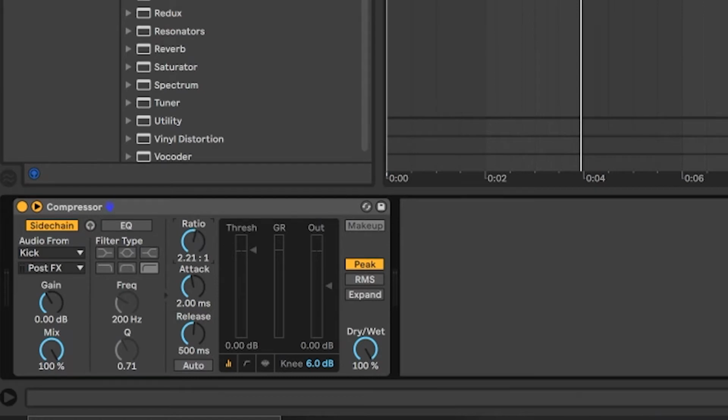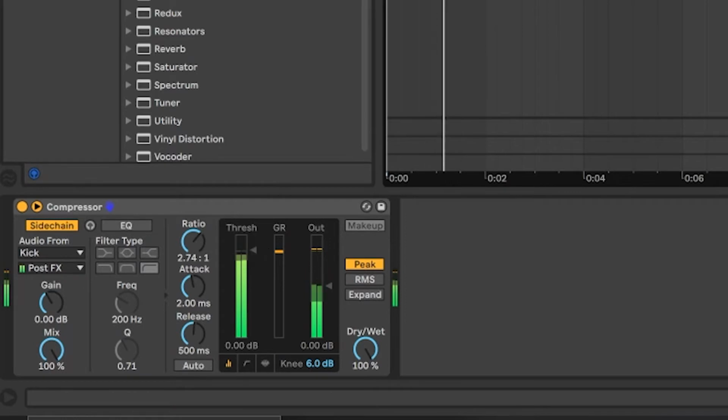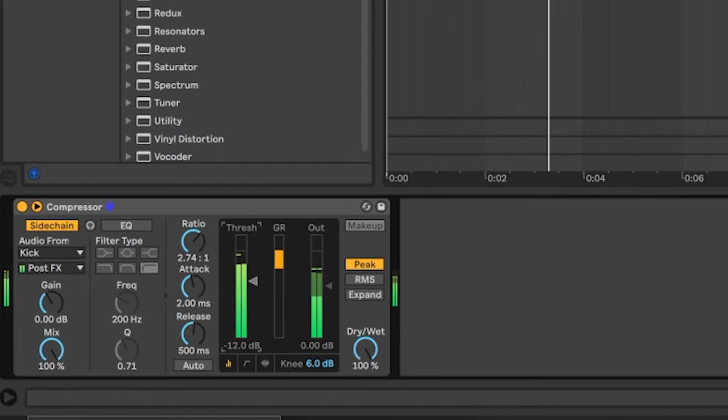Now for the ratio, I'm going to go much lower. I'm going to go about 2-1, 3-1, and then I'm going to bring the threshold down to hear it start reacting with the kick. So if we listen to the whole thing together,